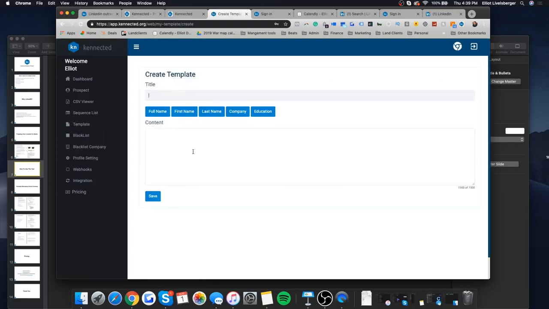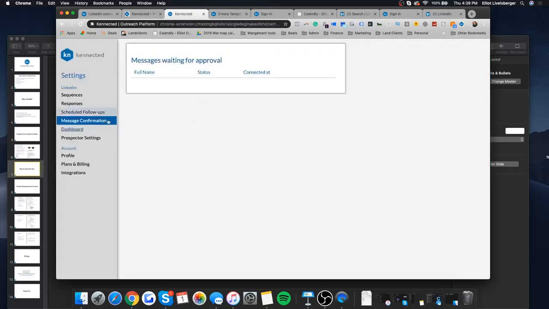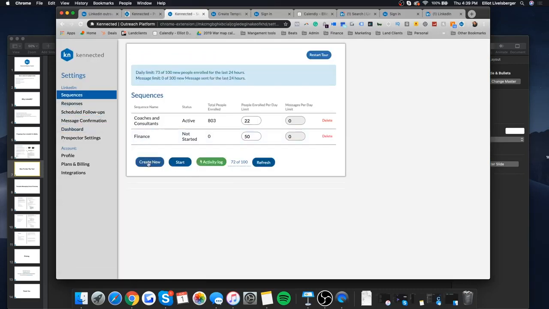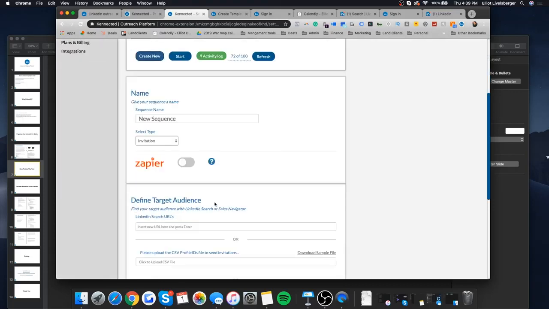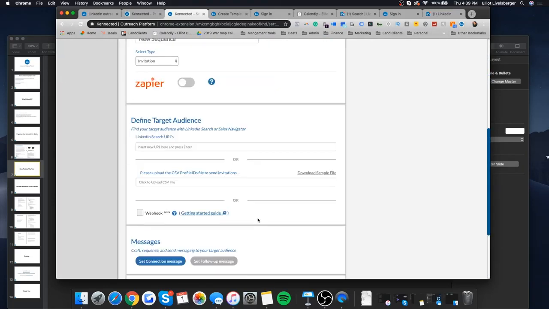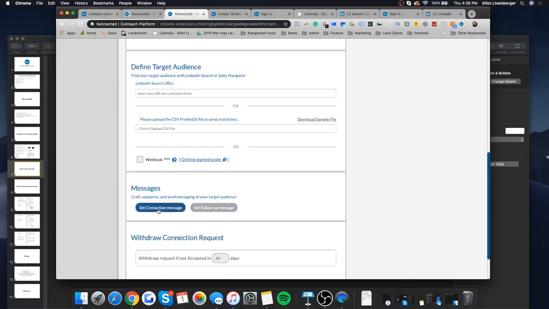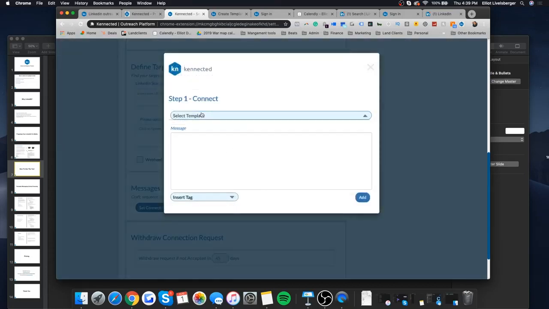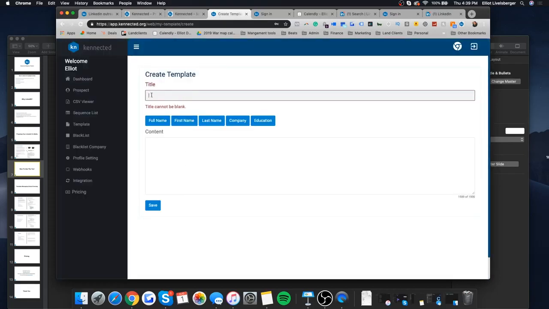So say that right in here, you'll notice when I go into sequences, you want to start a new one, but you don't want to redo all of them, right? So say you have this as a template message. Like add a setup, right? And if you create your template, you can just go right here and that template will come down for you. So you can just title it, say we'll do finance